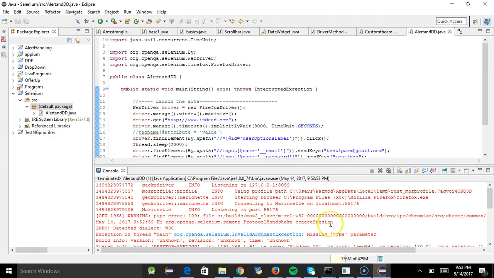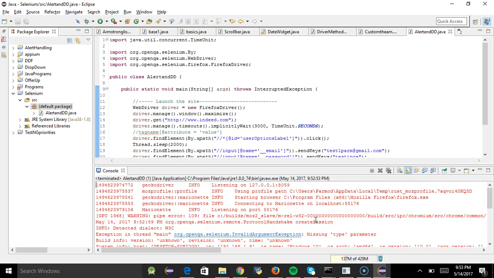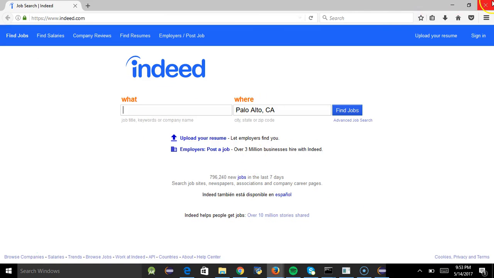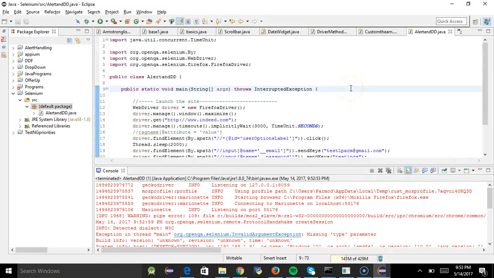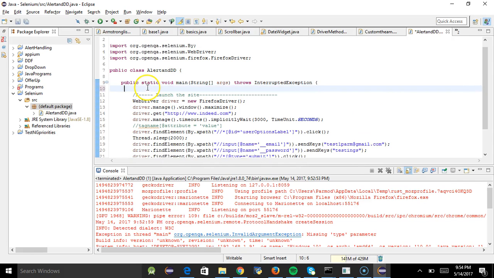This is the console view. Okay, so this is the problem. We need to use Gecko driver whenever you are seeing this issue, like Marionette driver. It's an issue for that Gecko driver, since we are using Firefox, it's Selenium 3.0 with Firefox version greater than 52 or 50. So in that case we need to add one statement here,